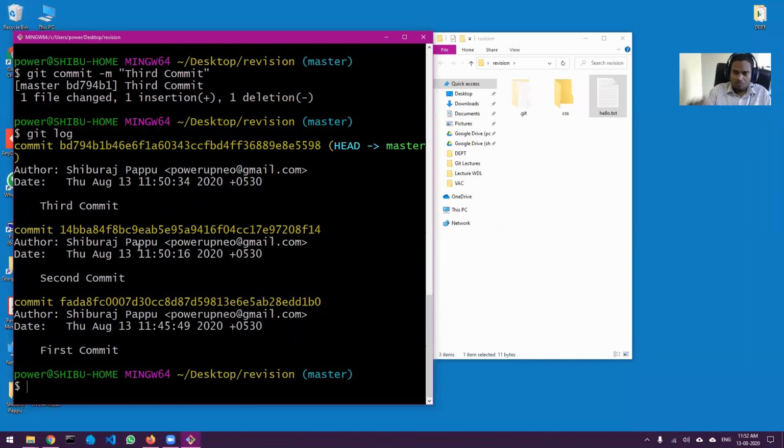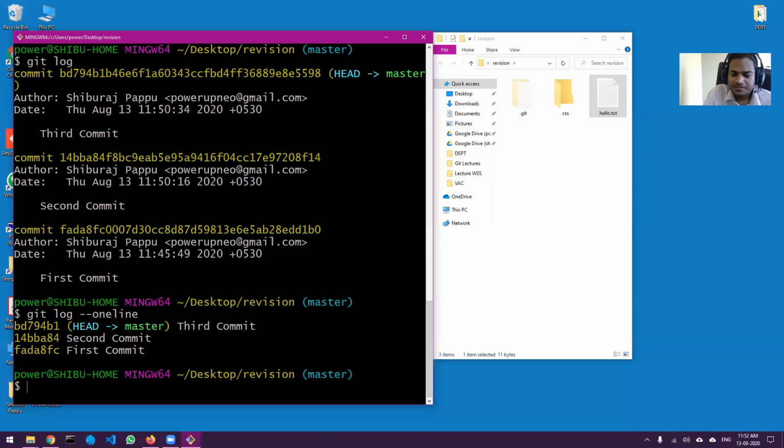Now one thing I forgot to mention is, in fact, I have included that in the PPT, but I have not shown you the demo. When you start committing regularly, you will have lots of commits in your repository, right? So it is not possible to view in this format. So what we do is we use something called oneline. In git log, if you add this flag, just see what happens.